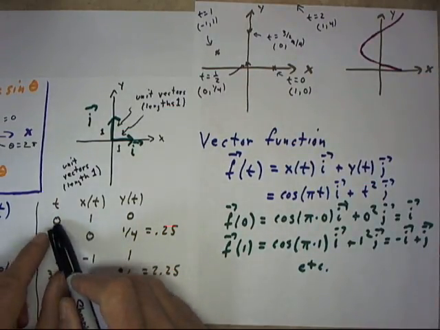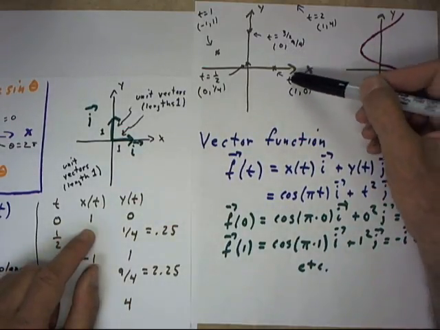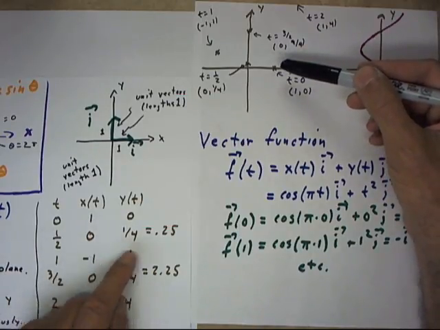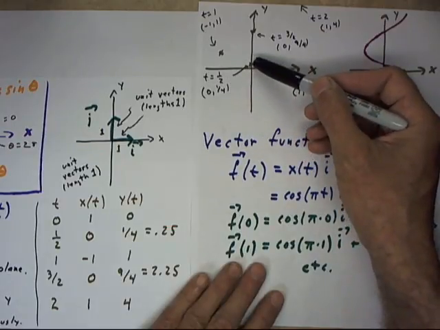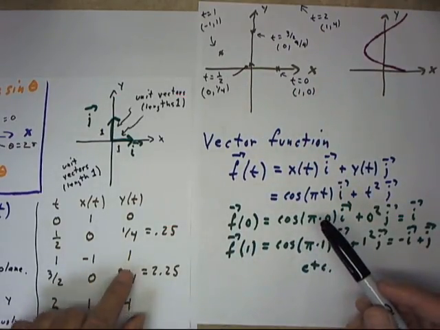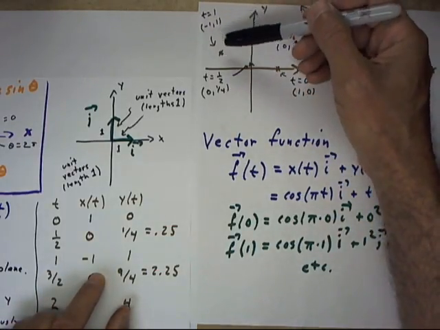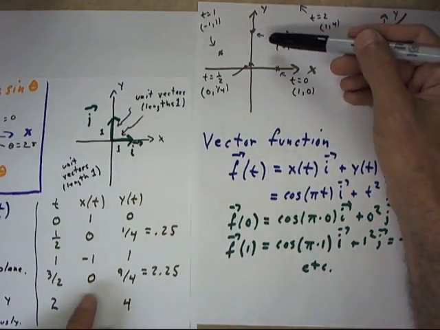The first point corresponding to t equals 0 is 1, 0, so we plot the t equals 0 point here. The second point is 0, 1/4 or 0.25, and this point is plotted. It comes out here. This point, negative 1, 1, corresponds to t equals 1, so our t equals 1 point is negative 1, 1. It's here. Our t equals 2 point is 0,